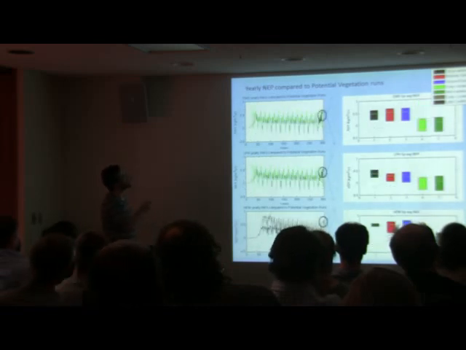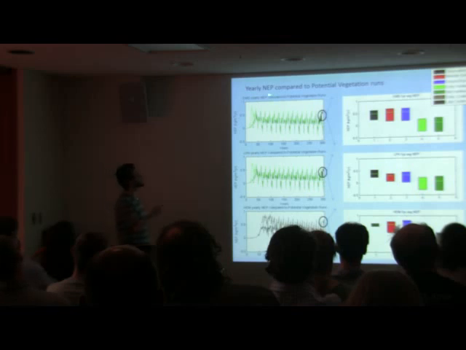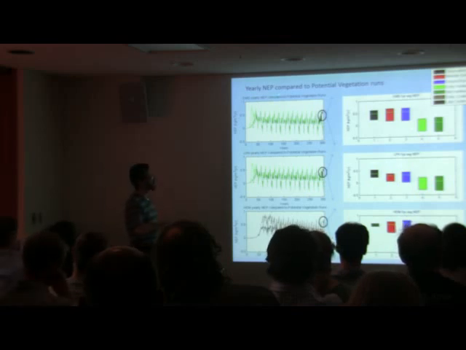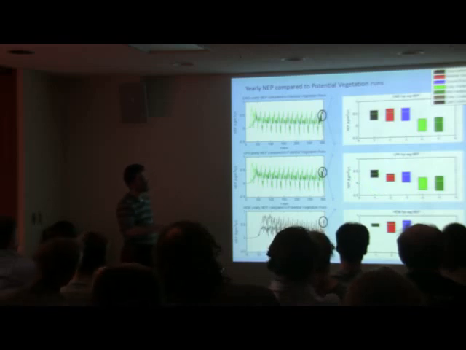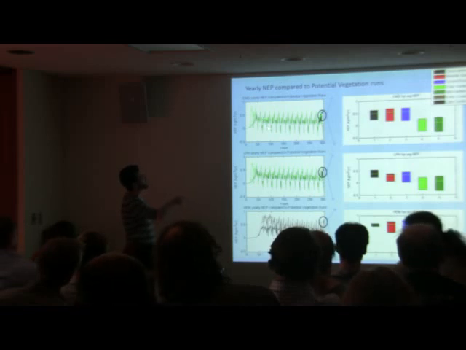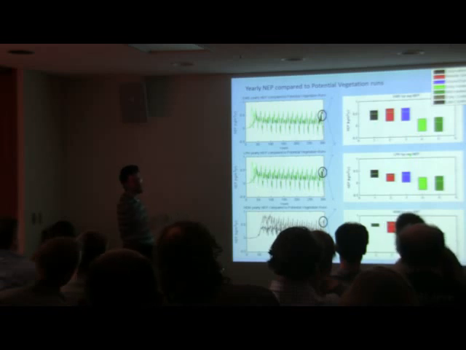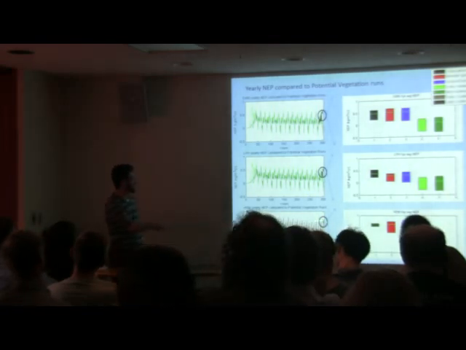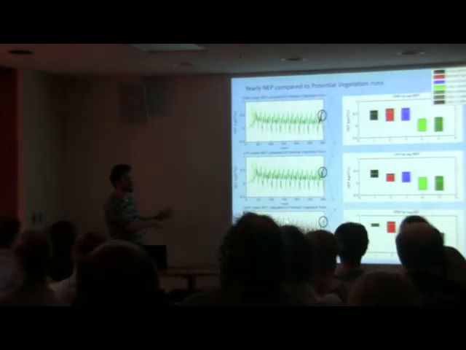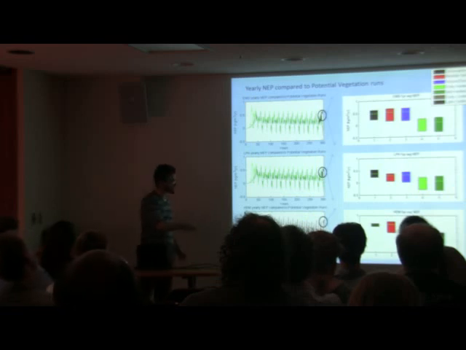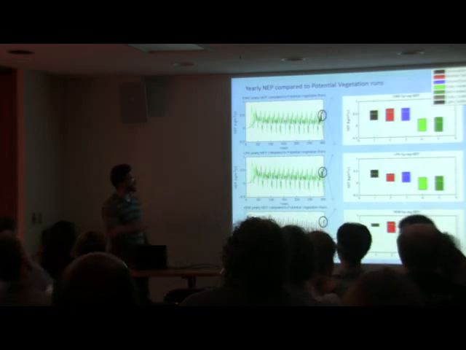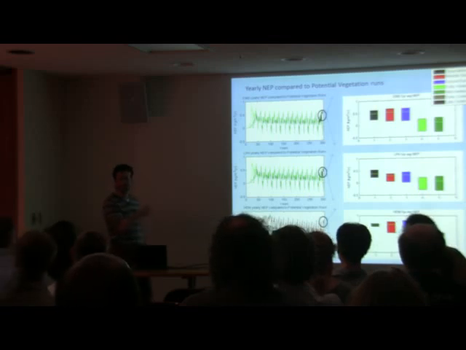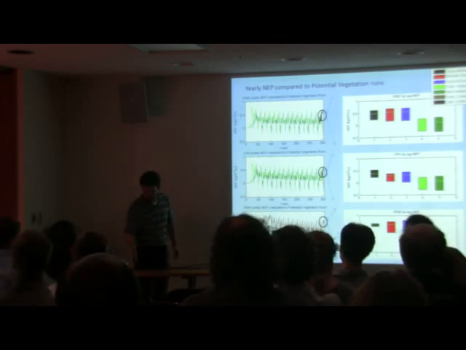And then these are the NEP, here are the averages. And it's just to show here that none of these sites, or especially these two sites, are nowhere near equilibrium. Potentially, if you move that line backwards, maybe these are at the 50 or 100-year mark. The LKH is at 50 years since its last disturbance, and then the hemlock probably is maybe at 150 years, 200 years since last disturbance. But it's just to show that none of these are at equilibrium, and it's much more representative to try to initialize these from an actual aboveground ecosystem state.